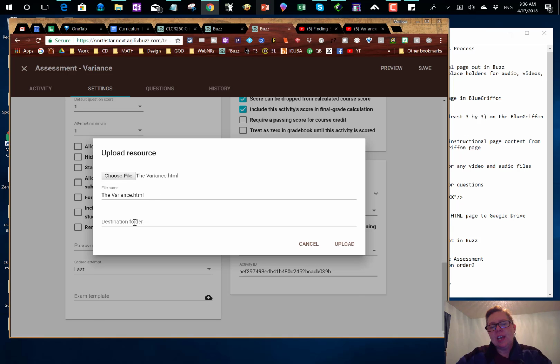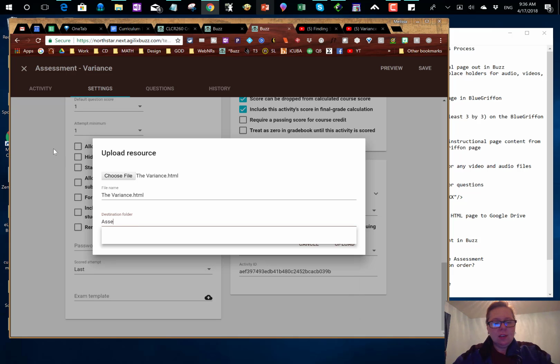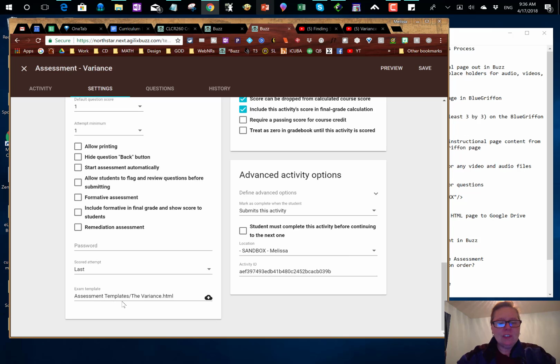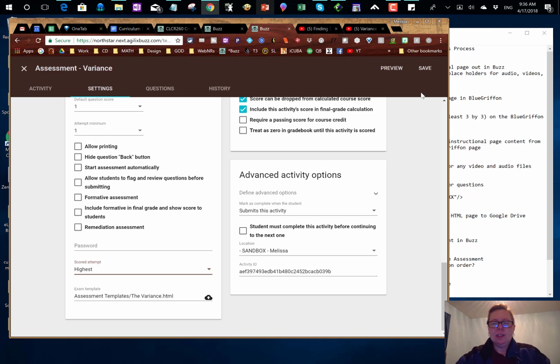And then one of the things that I like to create is an actual destination folder. You only have to do this once, and then from there you select it from your list. This is how I can keep things organized in the resources area in Buzz. So I'm going to create a destination folder called assessment templates. And then I'm going to create and do upload. And so it's going to save it to that assessment templates folder. And then also scored attempt, I would do highest. Okay, now I'm ready to save again